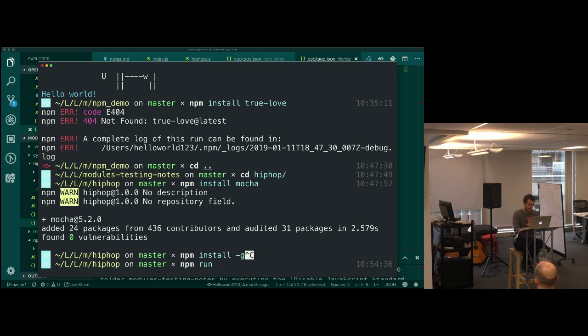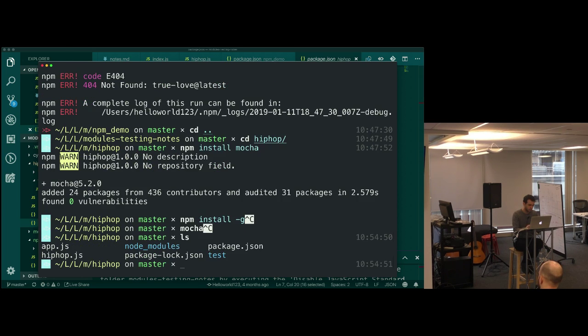But for right now, I'm just going to run the word mocha. And when you run mocha inside of a folder, inside of a project, it will look everywhere to find test files.